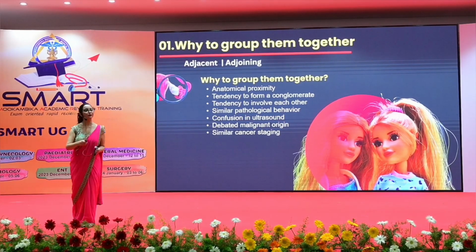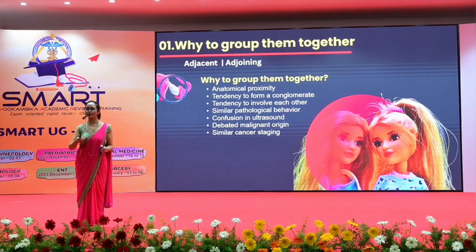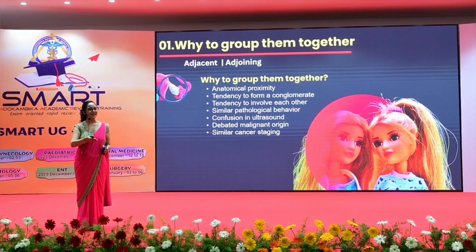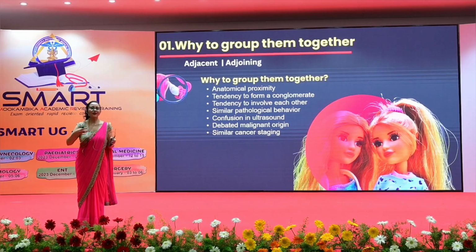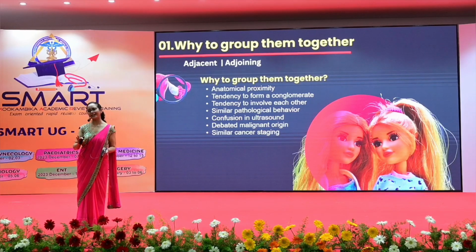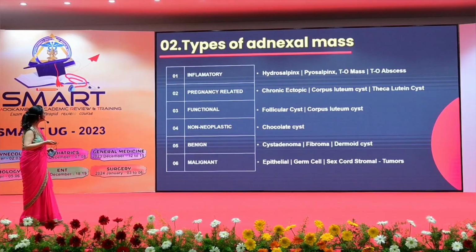And the best thing for undergraduate students, nobody is going to ask you about the staging of fallopian cancer because we have some set questions which we ask. But PGs, if you get by chance a question on fallopian tube cancer, you don't have to think anything. Everything, staging, management, everything is exactly like ovarian tumor. So that makes the job easy also. So these two structures are so close together.